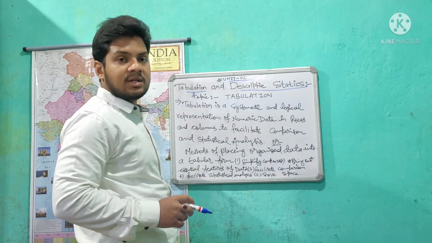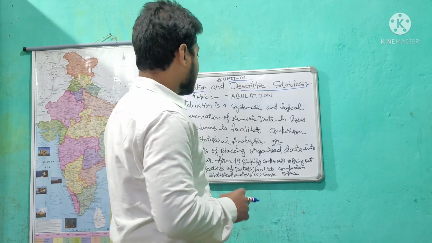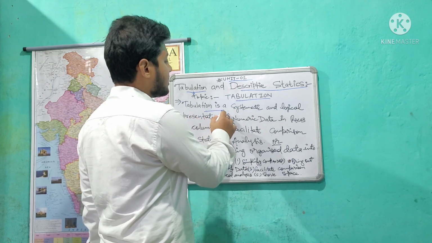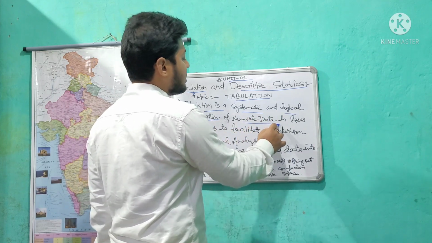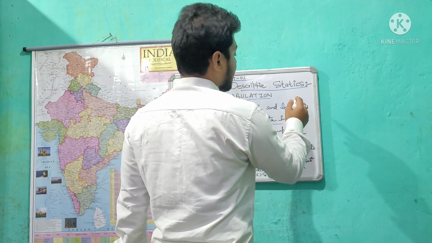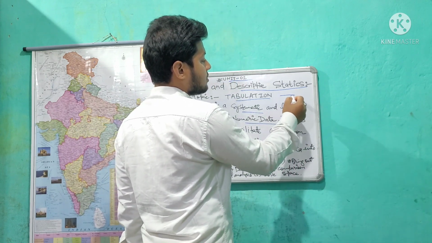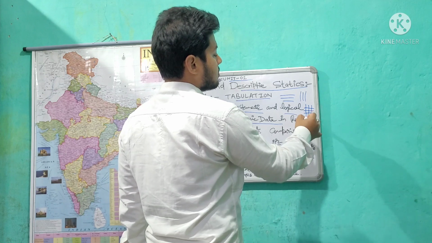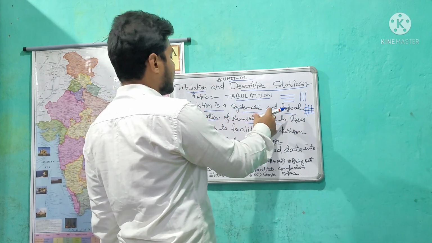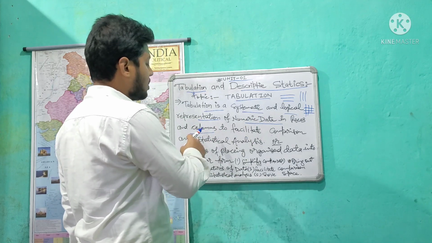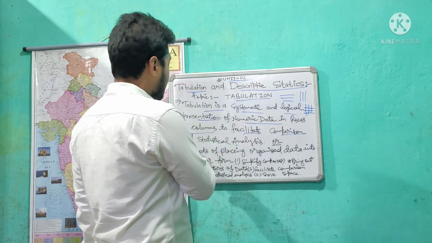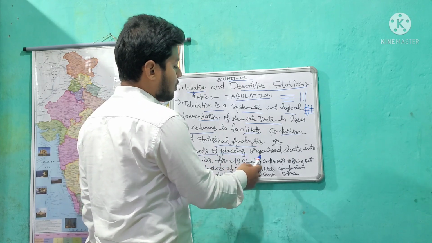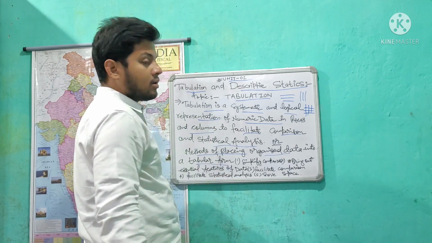The word tabulation comes from table or tabular, which means arranging data. Now tabulation is a systematic and logical representation of numerical data in rows and columns. As we have seen, this is rows and this is column. We are making rows and columns like this. So tabulation is a systematic and logical representation of numeric data in rows and columns to facilitate comparison and statistical analysis, or in other words, a method of placing organized data into a tabular form, like